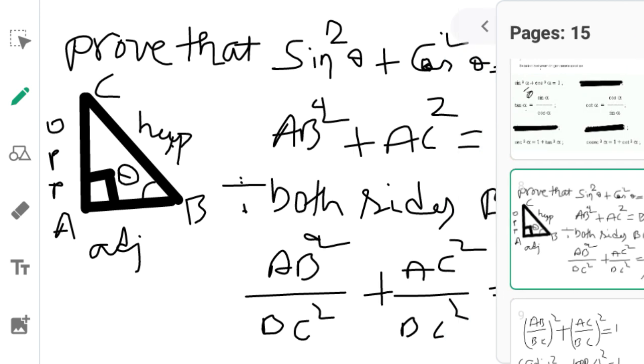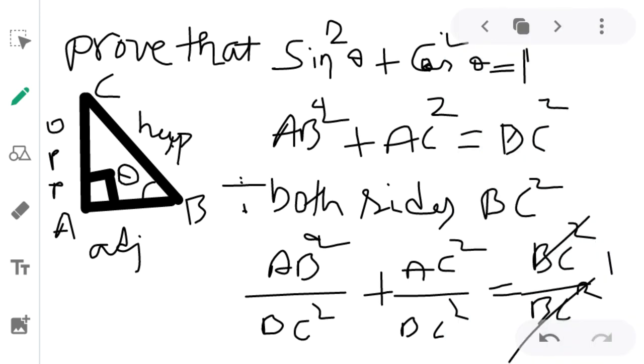First, I have taken up proving that sin square theta plus cos square theta equals 1. As you know, the basis of trigonometry is the Pythagoras theorem. I have drawn a right angle triangle here. You may observe in the diagram, there is a right angle triangle ABC and angle theta is at B. Instead of alpha, I have taken theta. So the angle at B is theta.